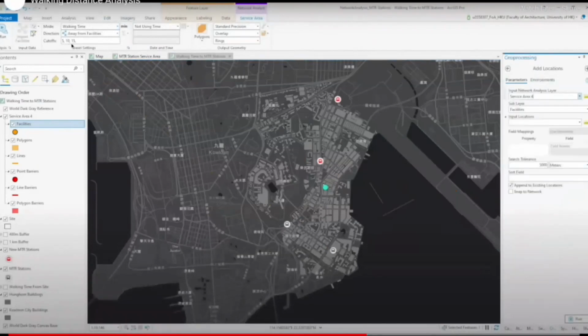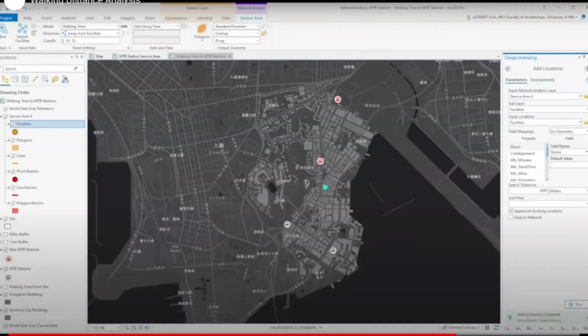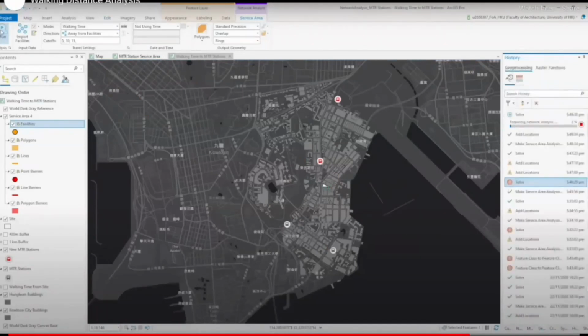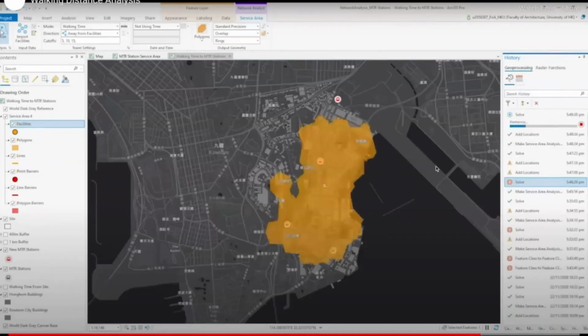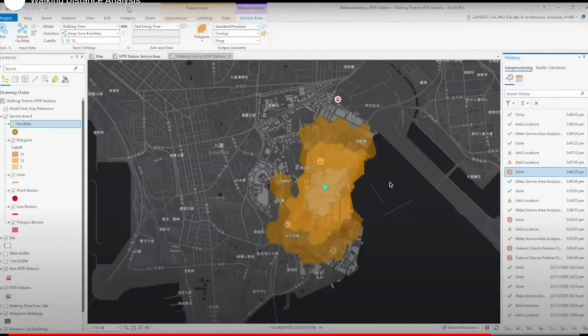Set how long you want to walk away from our facility, which is our site. After you have input the location as the facility that we have chosen right here, you can just press run the program, and that is how you will get the end result of a walking time away from our site, with cutoffs of 5, 10, and 15 minutes.